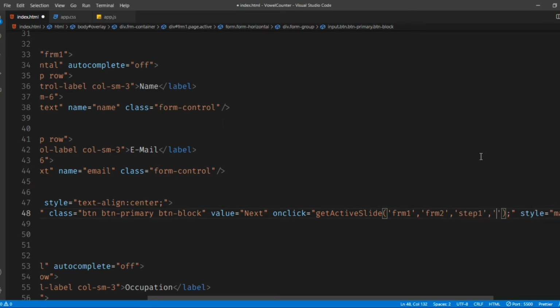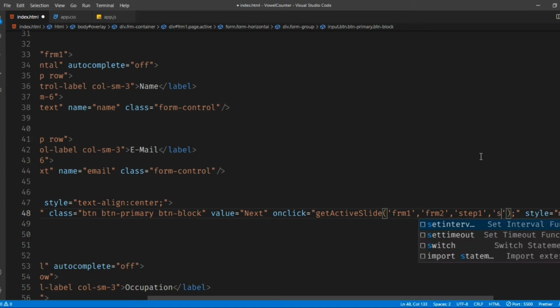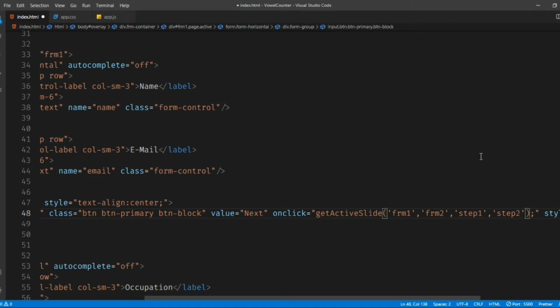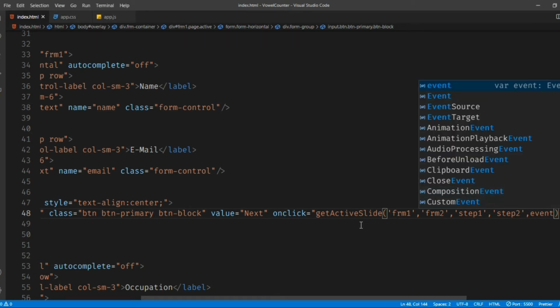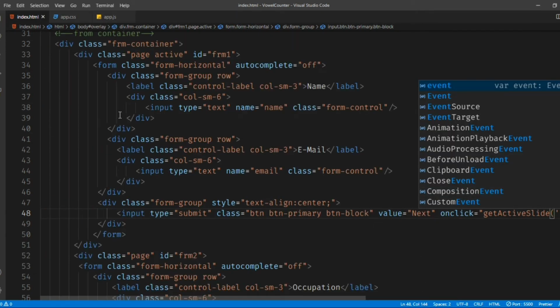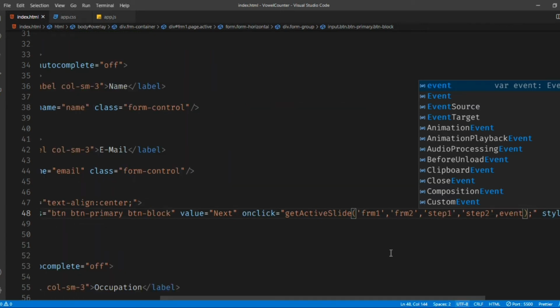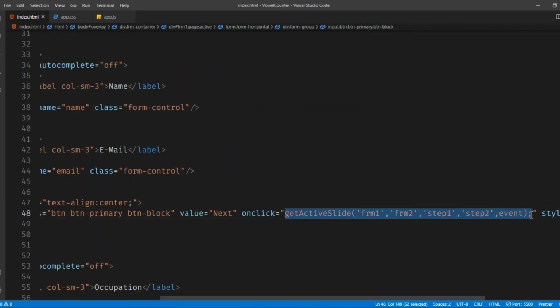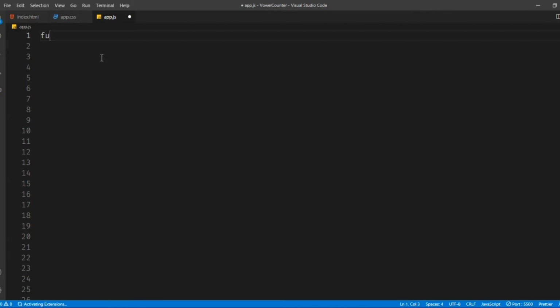So on click, this is the main thing, form 1 to form 2, and step 1, remember guys, I've already shown you above in the progress bar, step 1, step 2, step 3 and step 4. So I have to move from step 1 to step 2. Alright, now we'll be attaching an event listener. Now let us first copy this entire thing and move to app.js. We'll be just using this function.